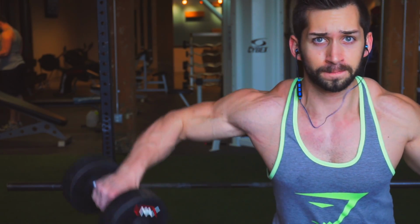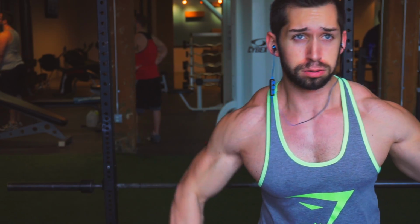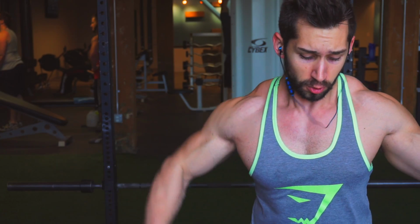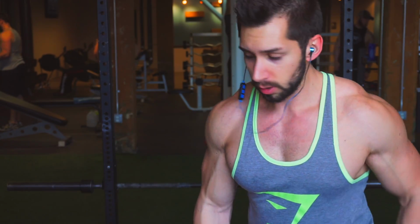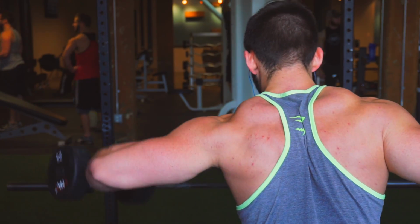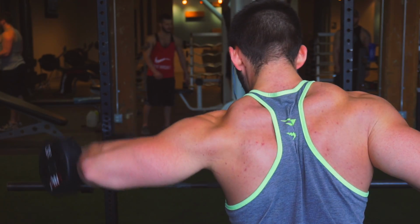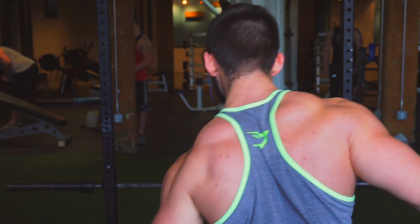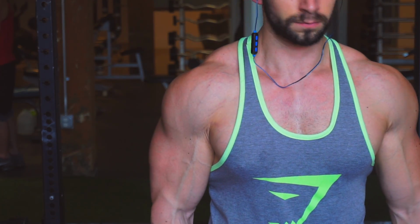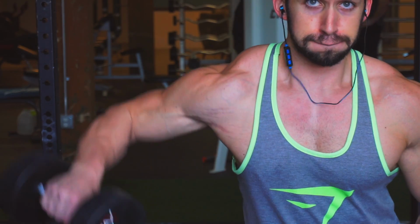So here are the side delt single arm rows. These, in my opinion, are the single best isolation movements to build the side delt action. The side delt, the juicy side delts, the juicy rounded delts, single arm. So best movement to build the side delt is side lateral row, and then the best isolation movement based off of that movement is the single arm